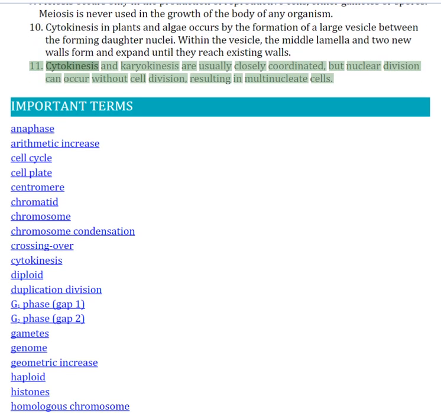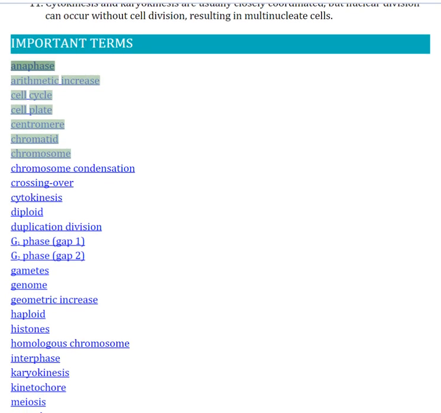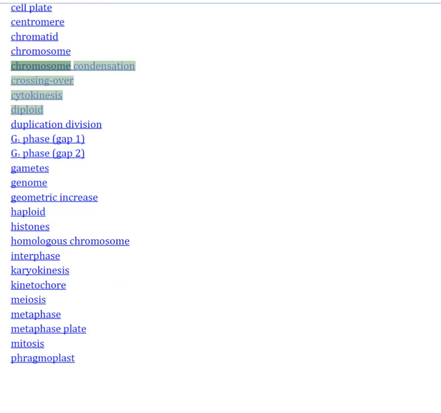11. Cytokinesis and karyokinesis are usually closely coordinated, but nuclear division can occur without cell division, resulting in multinucleate cells. Important terms: anaphase, arithmetic increase, cell cycle, cell plate, centromere, chromatid, chromosome, chromosome condensation, crossing over, cytokinesis, diploid,